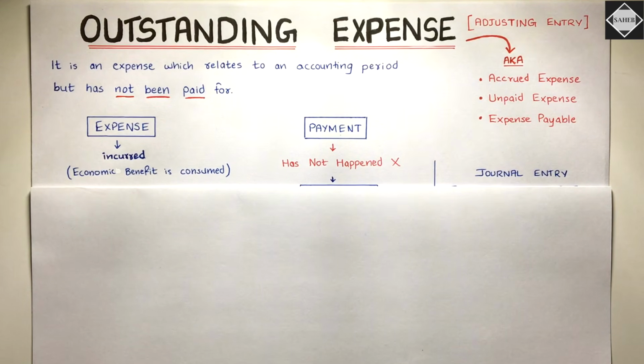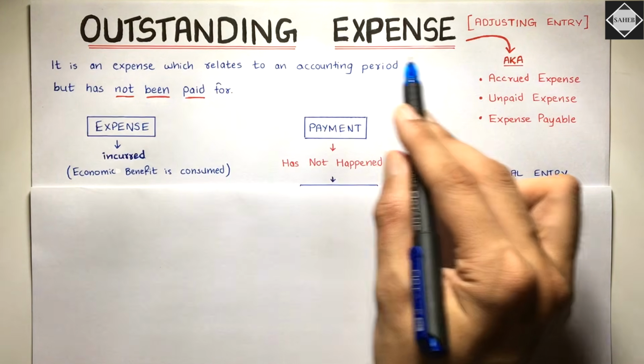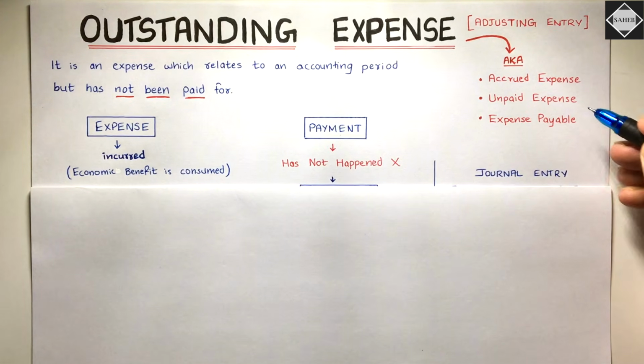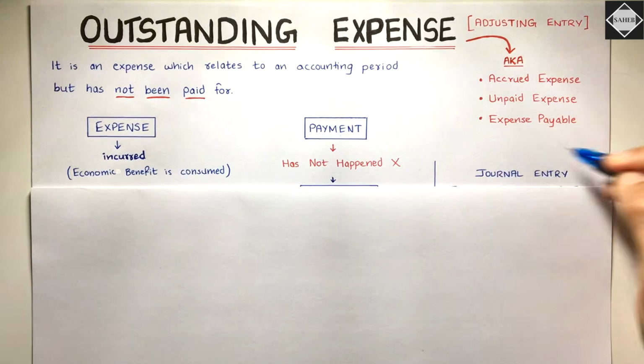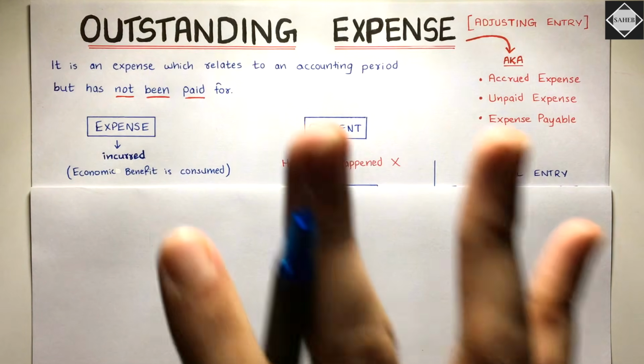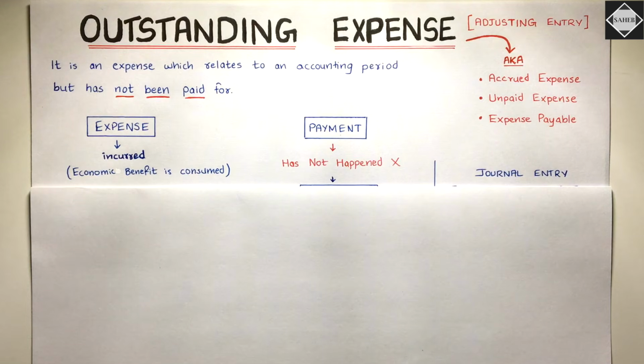Today in this video we are going to understand and discuss this adjustment entry which is called outstanding expense, which is also known as accrued expense, unpaid expense or expense payable. Lots of different names are there, but it's just the same thing. Okay, so we are going to understand this in much detail and we'll take a huge example which will